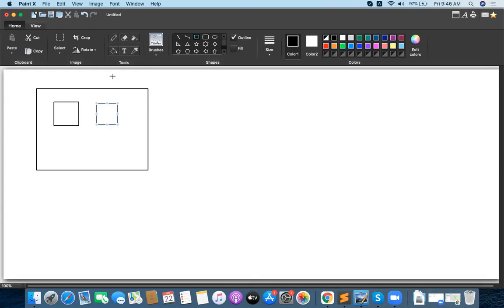This is the root folder for me, and this is the image file, suppose 1.jpg. And somewhere you will have an HTML file. So this is my HTML file.